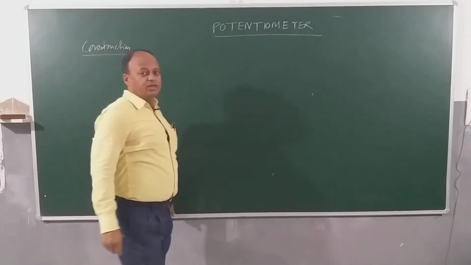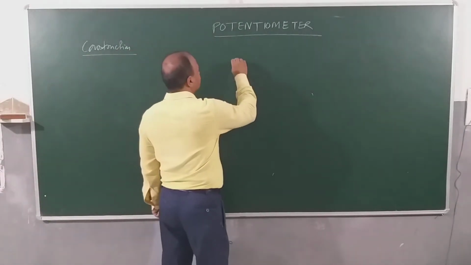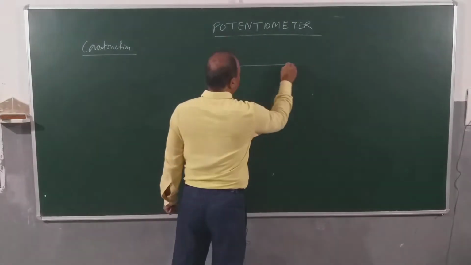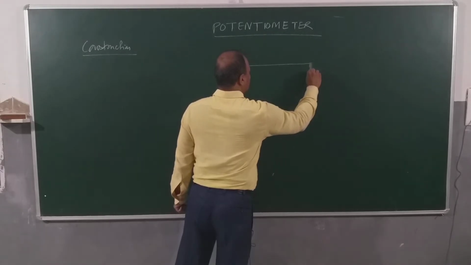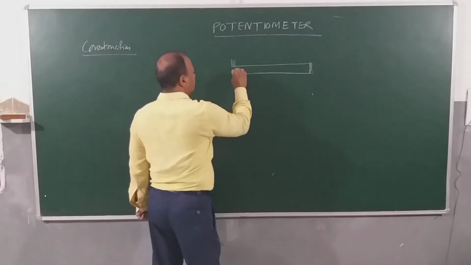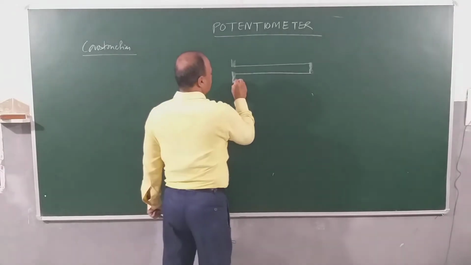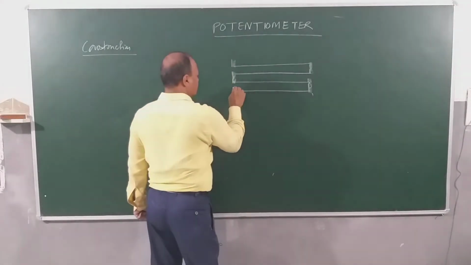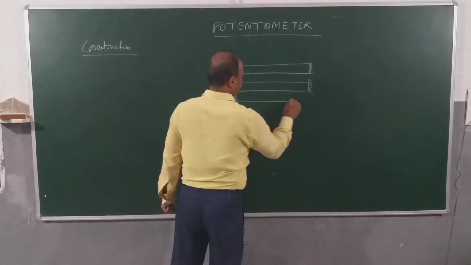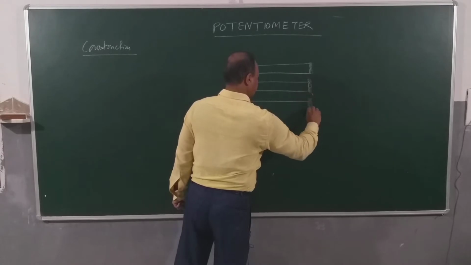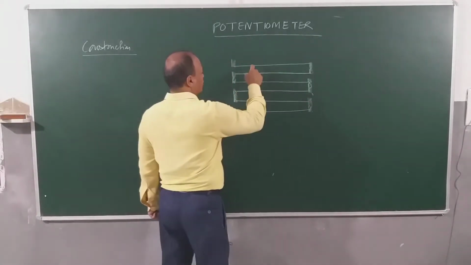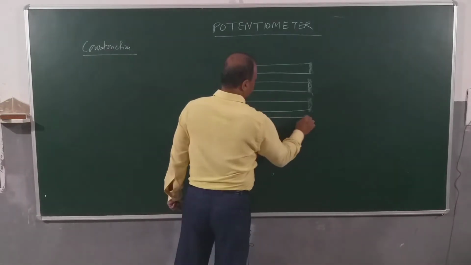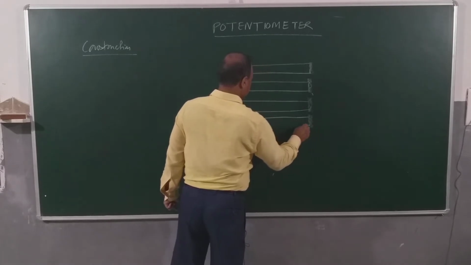You have seen in the lab, a potentiometer is like this. It has got a number of copper stripes. One copper stripe is here. We have a copper wire, and the stripe here, and the copper wire, yet another stripe here, another wire, and like this a number of copper wires are connected together, right? Let's count 1 2 3 4 5 6 7, and this is 8.